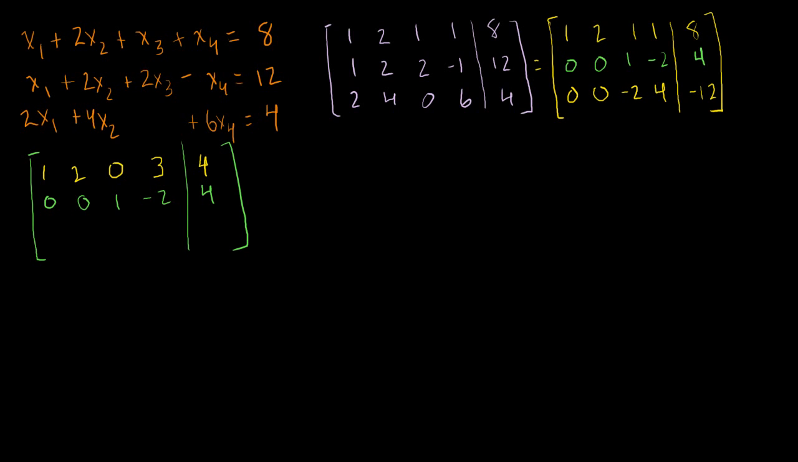And now how can I get rid of this guy? Well, let me replace row 3 with row 3 plus 2 times row 2, right? Because then you'd have minus 2 plus 2 times this, and they'd cancel out. So let's see. 0 plus 2 times 0, that's 0. 0 plus 2 times 0, that's 0. Minus 2 plus 2 times 1 is 0. 4 plus 2 times minus 2